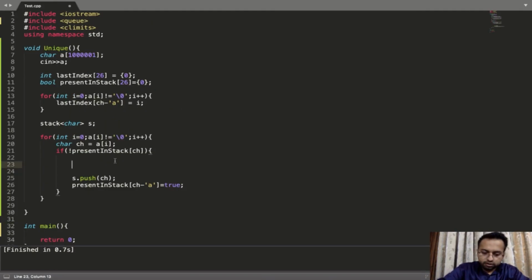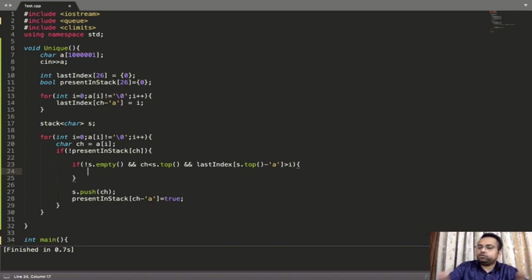So I'll come over here, I'll do if the character that we have is less than the topmost element which is present inside the stack. But whenever we are checking something in the stack, we need to check the stack should not be empty. Then only we can check a particular character. If stack is not empty and the character that we have is less than the topmost element of the stack, and the last index of s.top minus the character a is greater than i, what should I do?